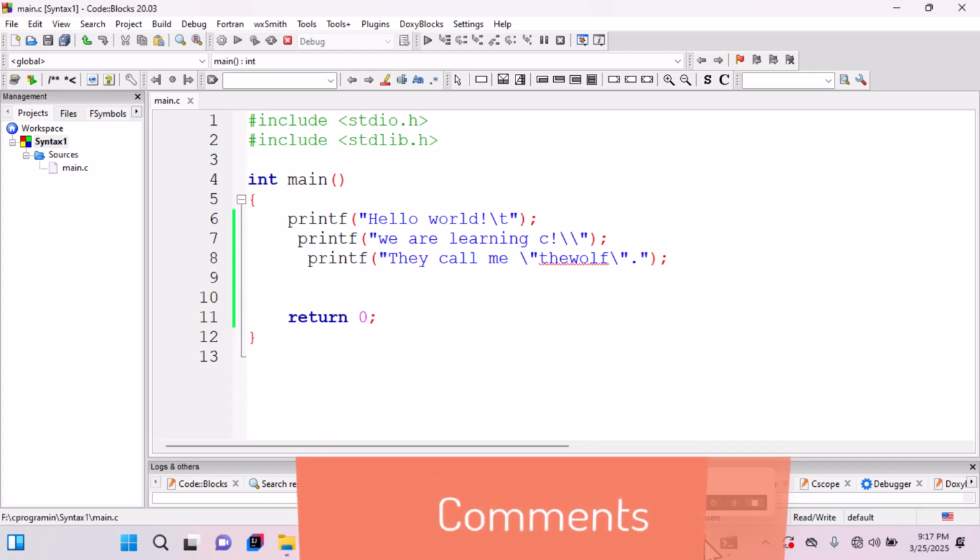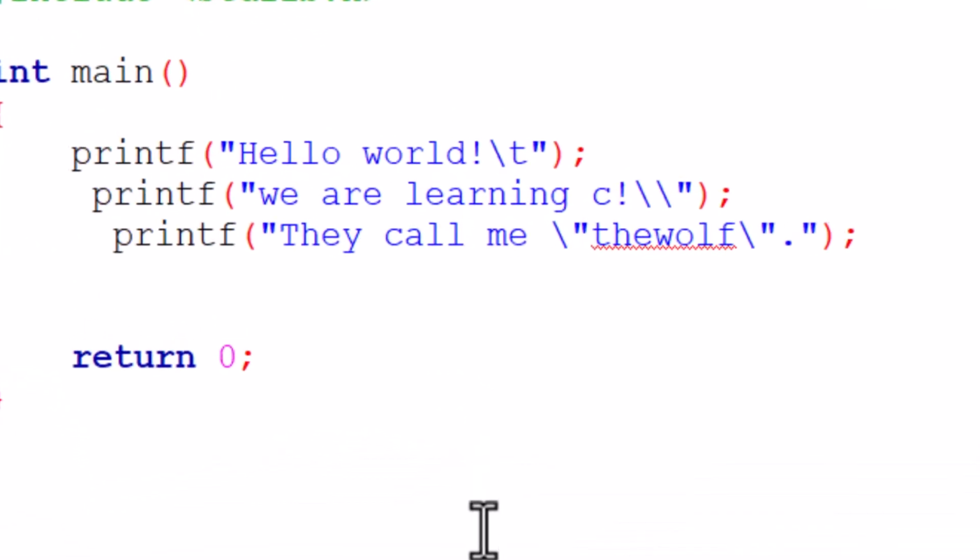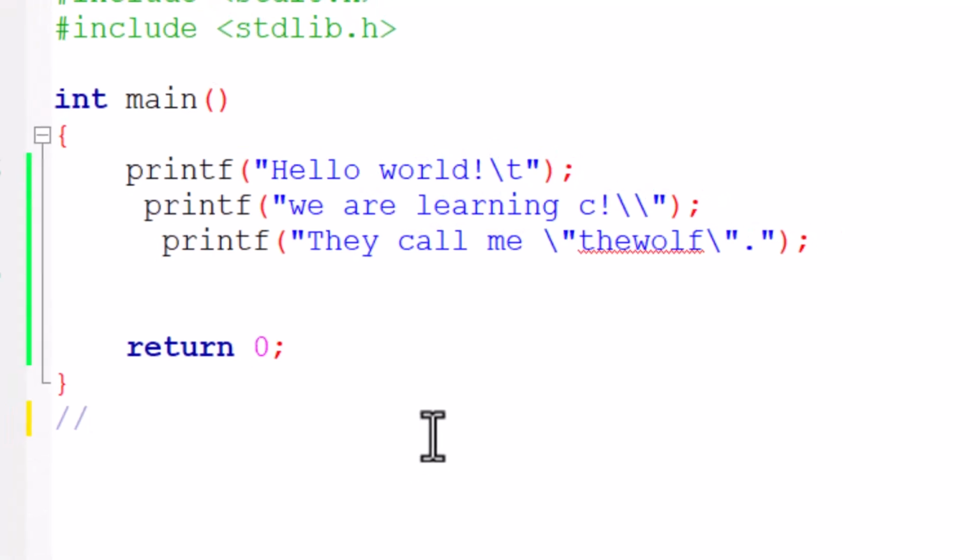We start with 2 forward slashes, just like this, and any text between these lines, let me just read. If we do this, we have commented that statement, and